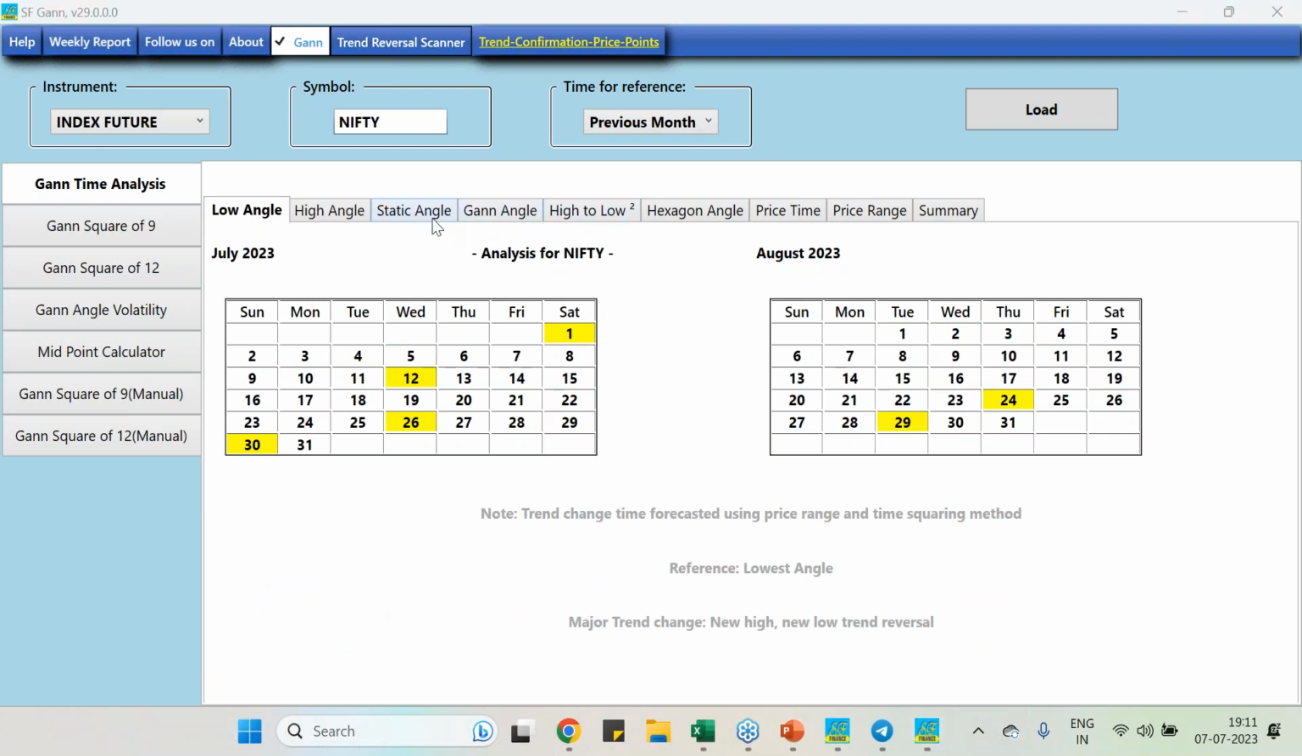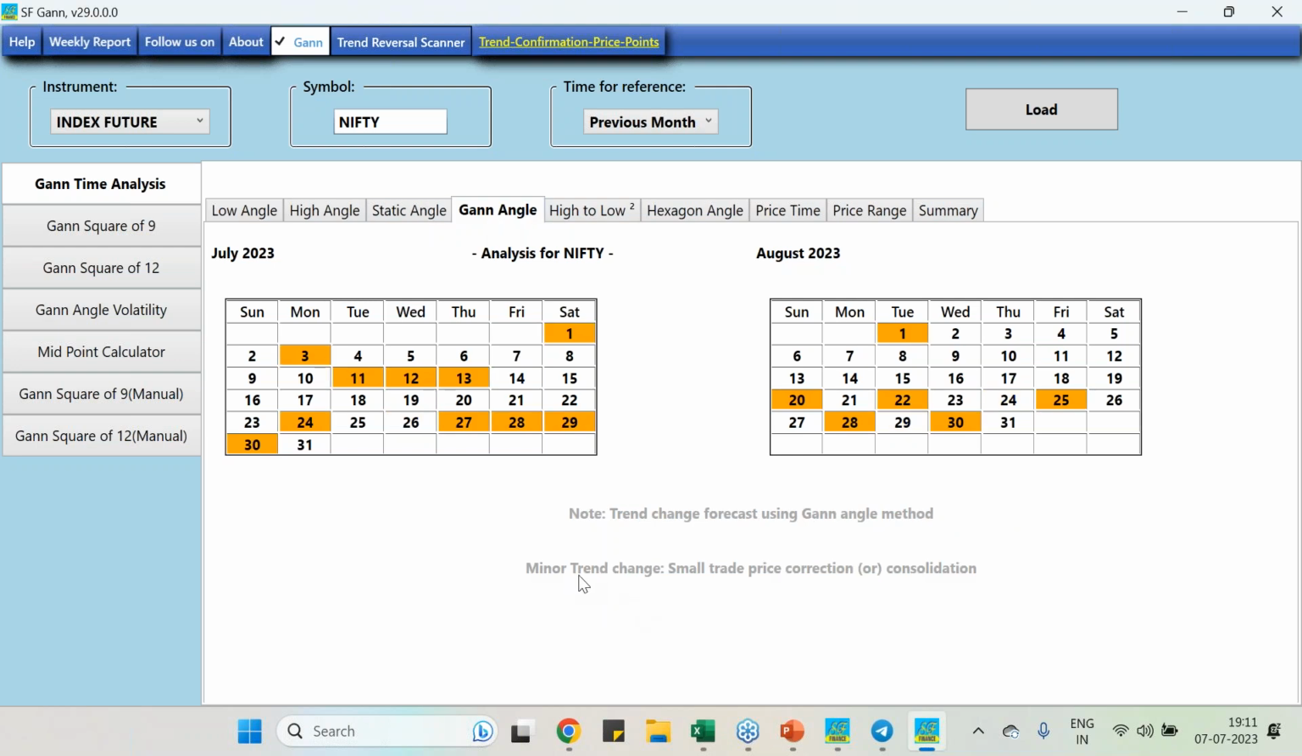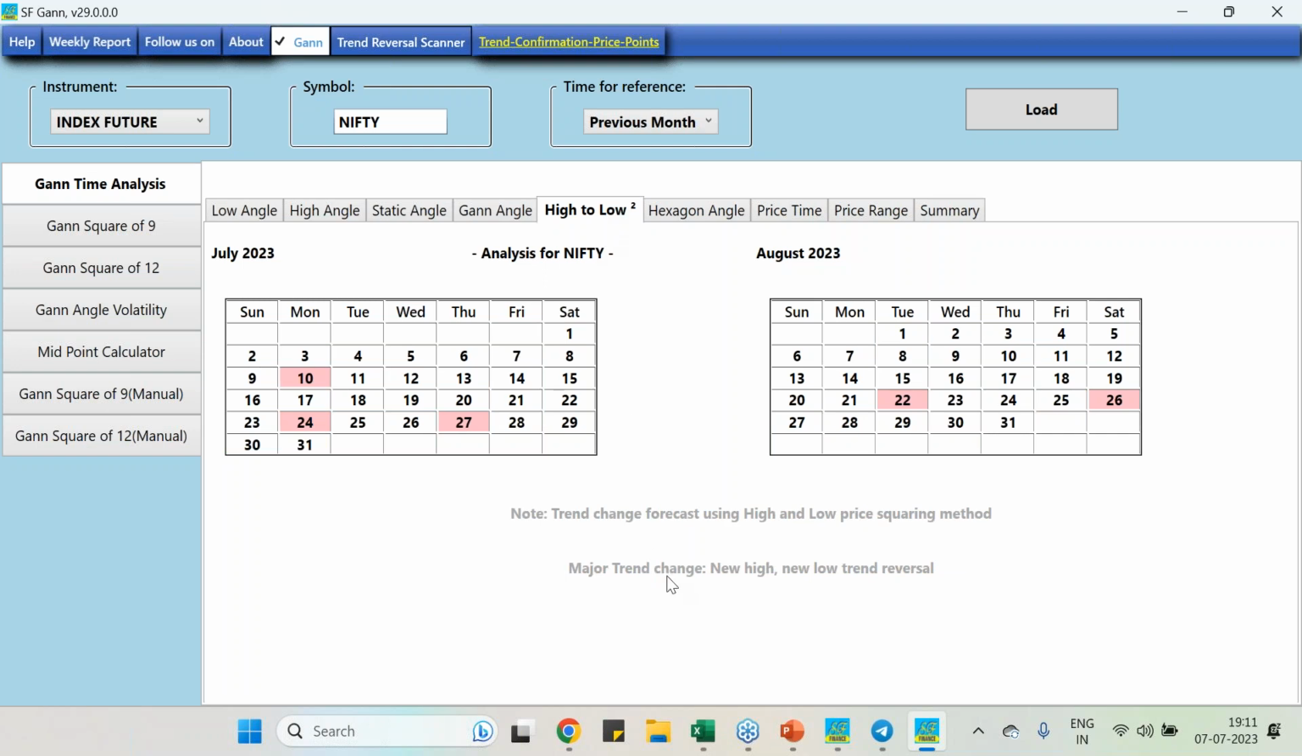So if you go for the Gann angle, this is a minor trend change, small price correction, consolidation can happen in these days. So that is done. So these are the high low square. Here also we are saying major trends. Hexagon, here also we are saying